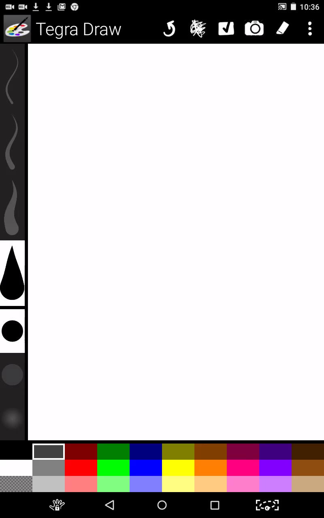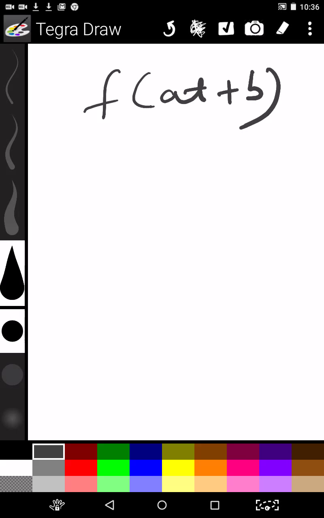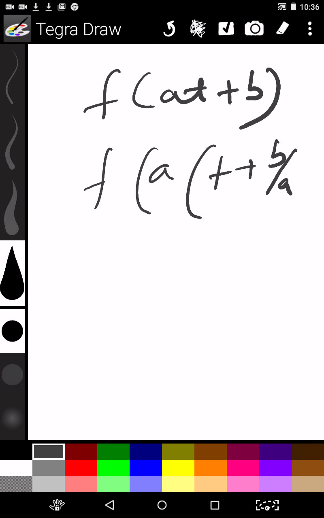If we do first scaling and then shifting, then we have to do some processing. That will be f of a, that will come on t plus b by a. In that way we can do the processing. First we scale by an amount a, and then we shift by an amount b by a. This is the unnatural